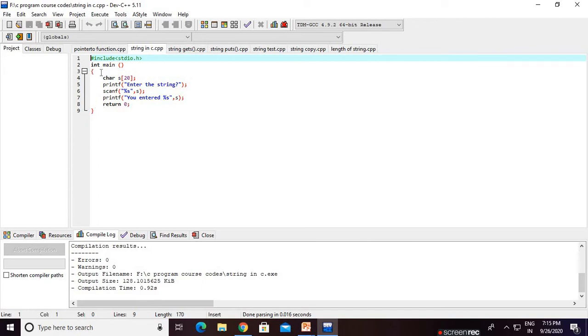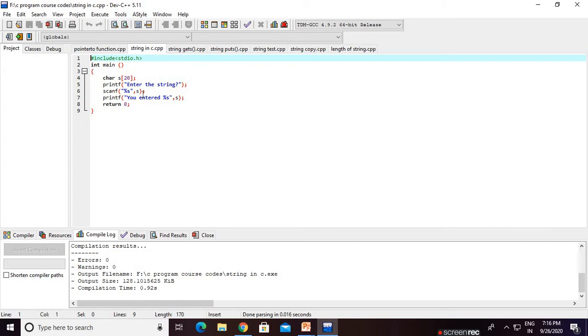Now our main thing is a character array. The array name is s. What is the size of this character array? Because a string is nothing but a character array ending with the null character, the size of this s character array is 20. Now printf, enter the string. As I already told you, we use printf and scanf: printf for printing the string, and for taking input the normal scanf. Now the difference is, if I ask you a question, how do you take the input from the user, what do you do?